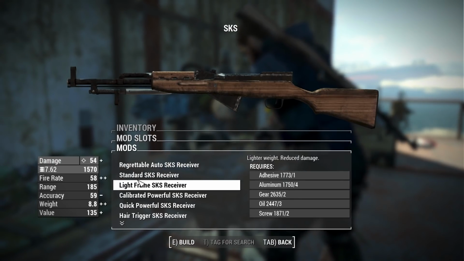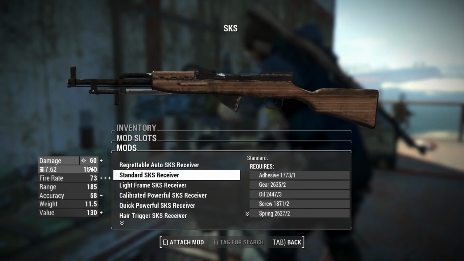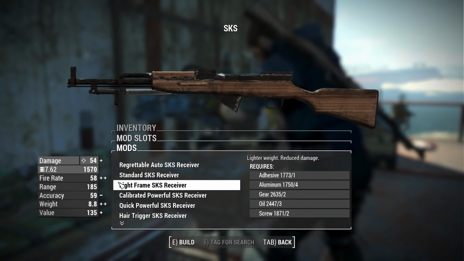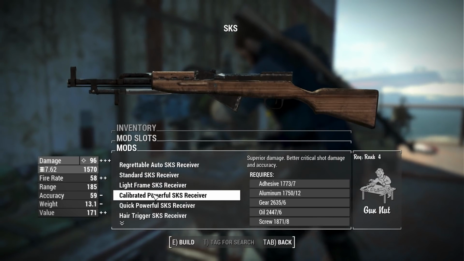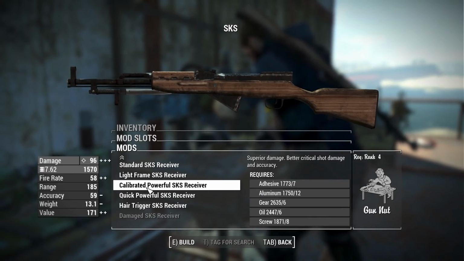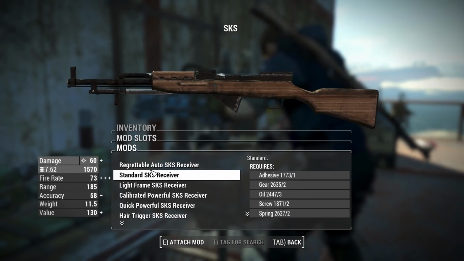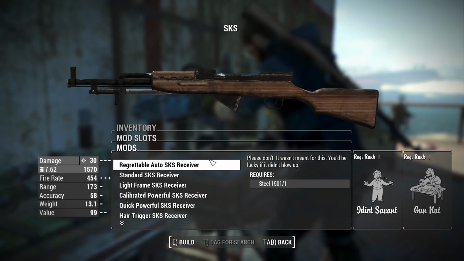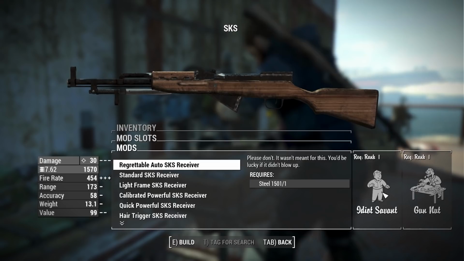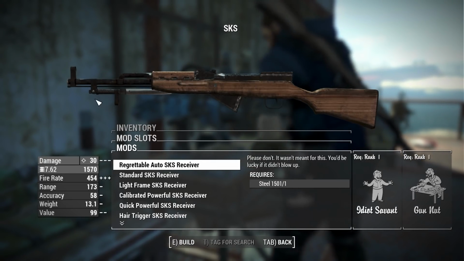Starting with the receivers, you can first of all upgrade from your damaged receiver up to the standard receiver, which will give you a nice base damage of 60. Then you have a light frame, calibrated powerful, quick powerful, and hair trigger receiver, the best of which being the calibrated powerful at 96 damage. Now there's also the quote-unquote regrettable auto SKS receiver, which will require the Idiot Savant perk, and this will put this thing in full auto, and as you can see, gets the damage up to